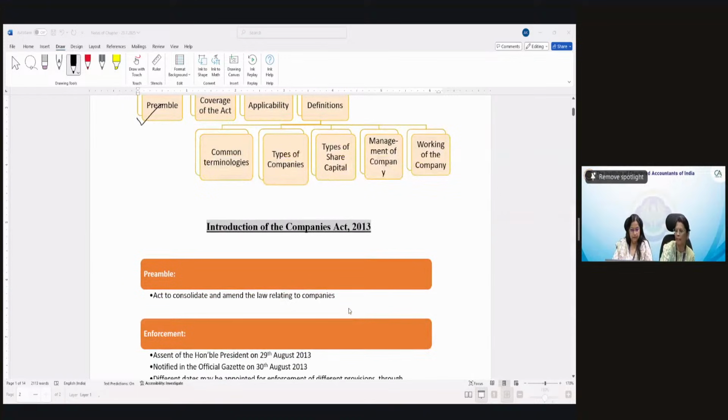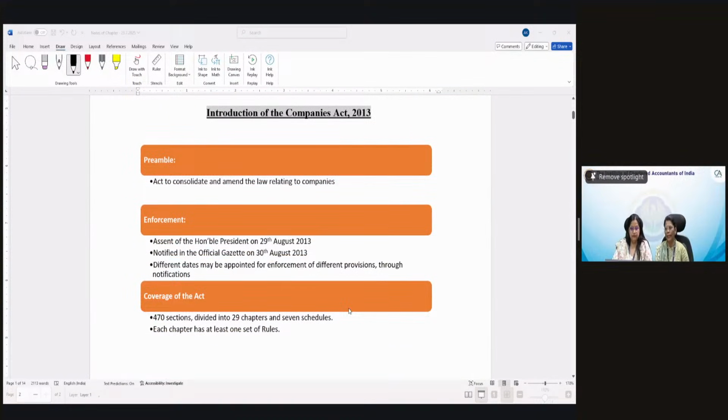Now let's start with the main content of the chapter. You must have seen that the preamble already told you. So what has the preamble specified for this Companies Act? It is an act to